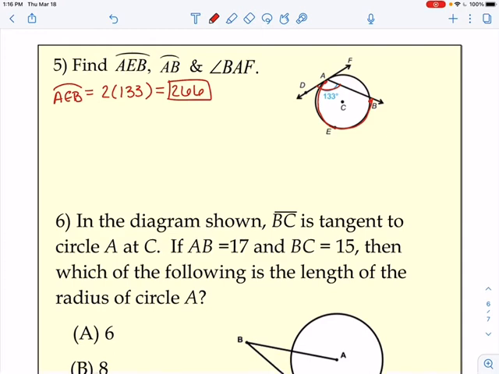Okay, then the next one that we want to find is just AB. And AB, again, would be a minor arc. It's less than 180. Okay, and AB would be half of this angle right here. The problem is I don't know what that angle is. However, I can easily find it because this is a straight line, and there's 180 degrees in a straight line. So if I take my 180 and subtract out the 133 that I've used for the angle that's adjacent to that, that's going to leave me with an answer of